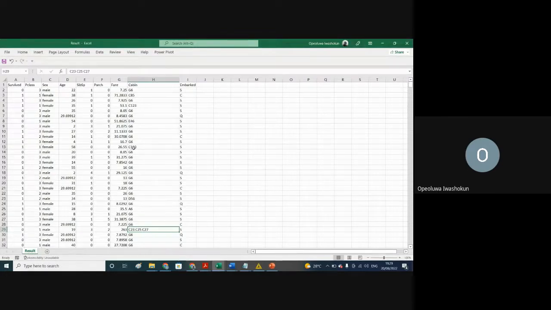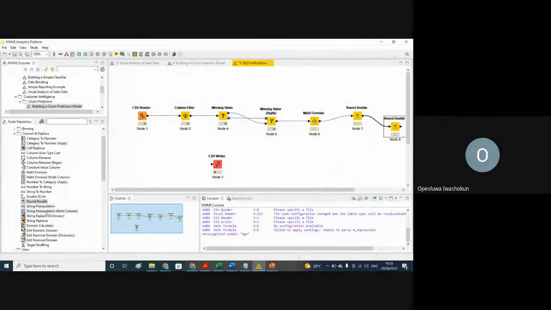So C103. If I do C23 and one more character, I will have space. So what I'll rather do for this is to reduce the length of the string. I'm going to ask the machine to reduce the length of the string to 4. So I'll look for a string manipulator, manipulate string,